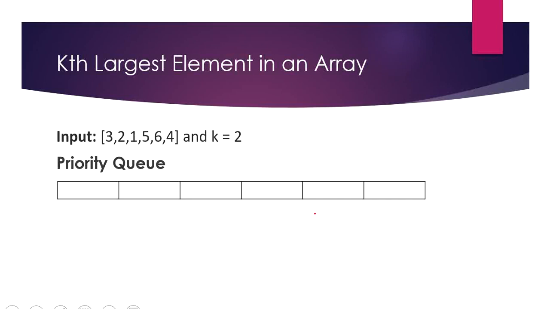For example, first it enters 3 here in the queue. Now at the next iteration the queue becomes 2 and 3, with 2 in the front, because it inserts the elements in ascending order. We add one more condition: if the size of the queue exceeds k, that is the size of our minimum heap, then